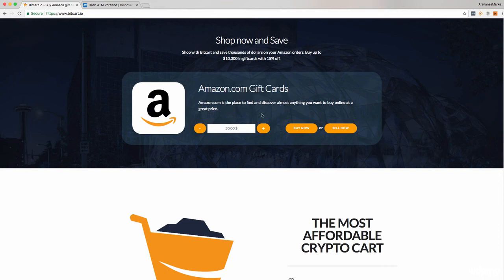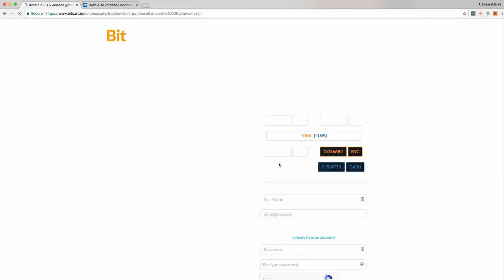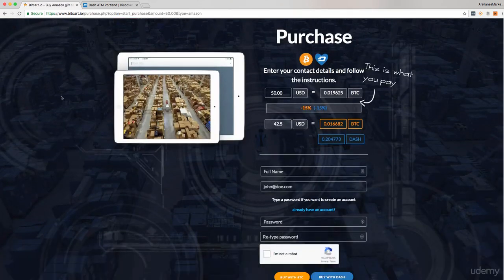Let's order one, and we can specify what quantity of an Amazon gift card we want to get. You can get as large of an Amazon gift card as you want. I think it goes up to $1,000. Yes, I am correct. And the lowest is $50. So all you would need to do is click Buy Now, and it'll bring you to their API, and it tells you $50 in USD would be